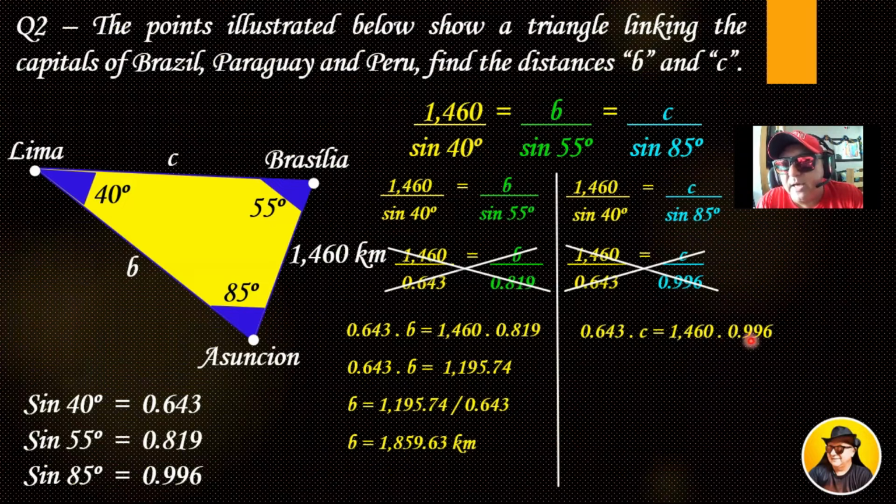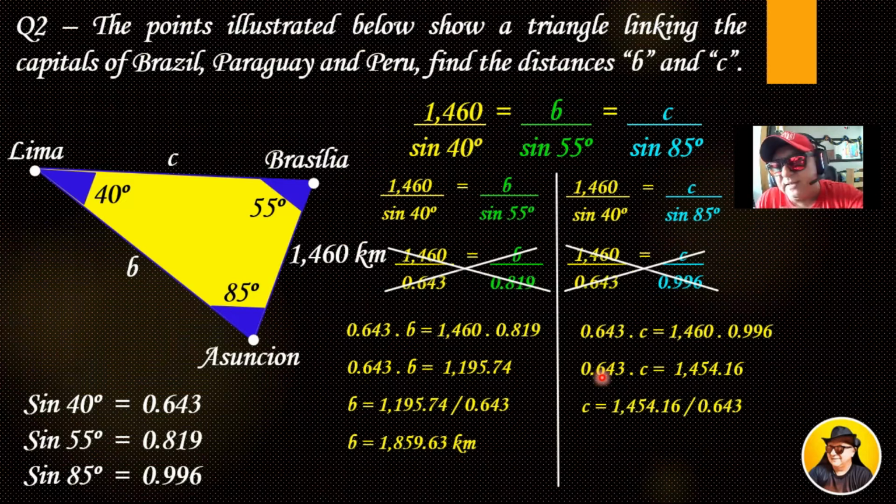And doing this multiplication here, I have that 0.643 times C is 1,454.16. Now, this 0.643 is going to be moved to the right side of the equation dividing. And C is 1,454.16 dividing 0.643. And doing this calculation, I have that C is 2,261.52 kilometers. So B is the distance between Asunción and Lima, and C is the distance between